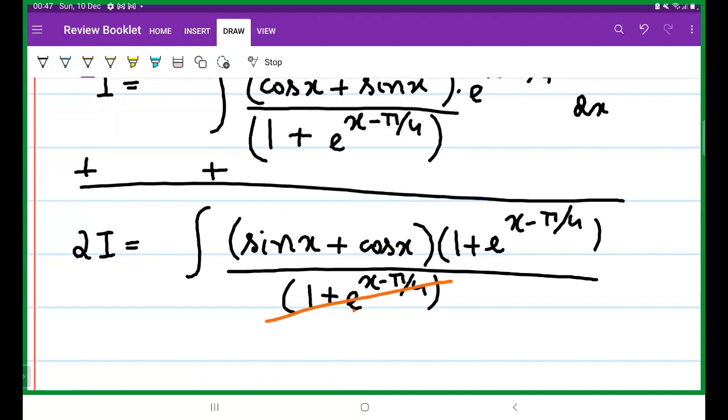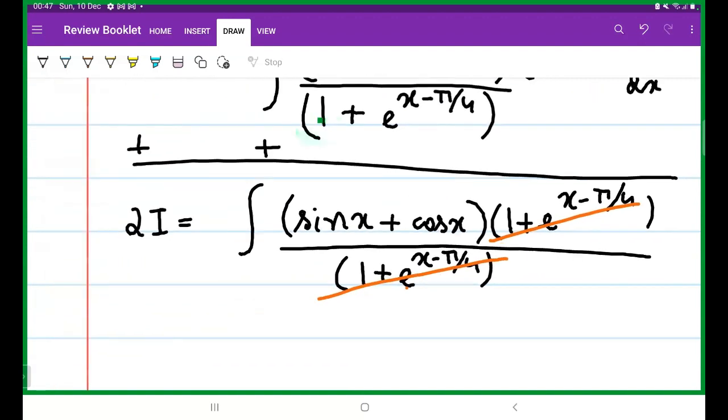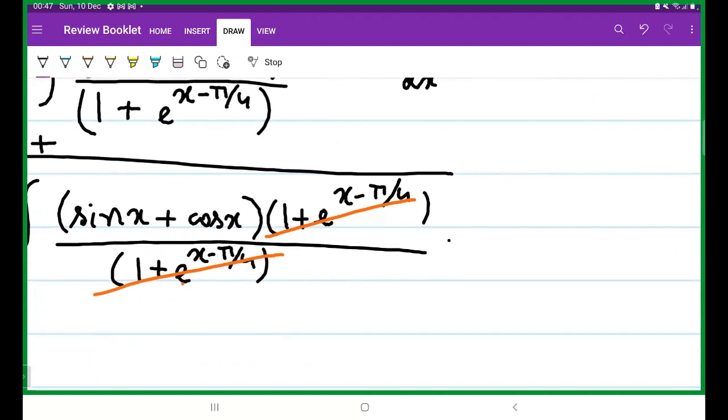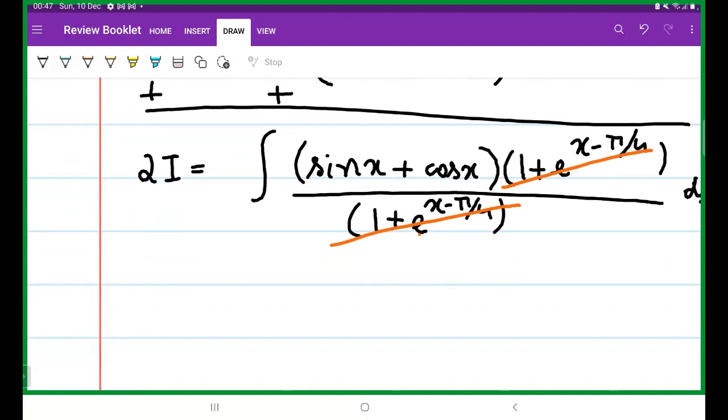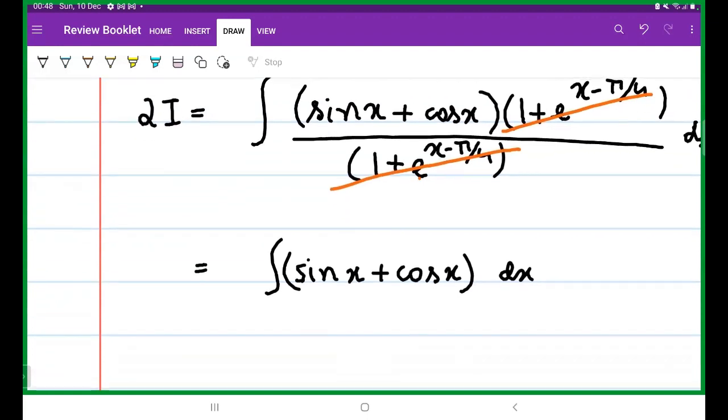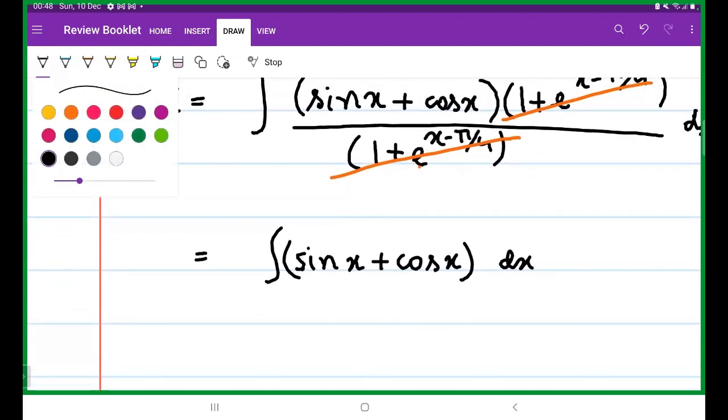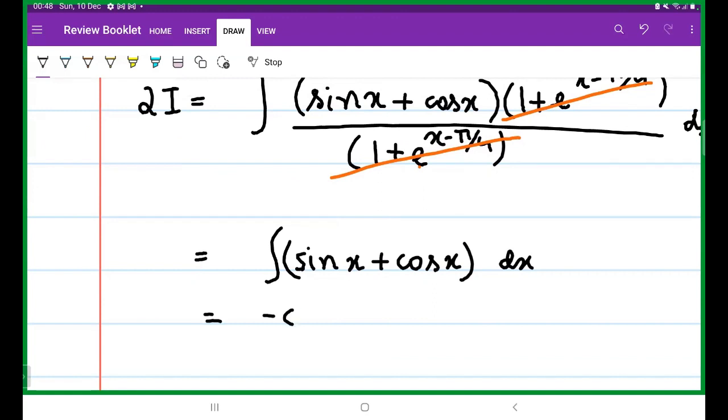So cancelling out the common terms, we now have the integration of sin x plus cos x dx, right? Integration of sin x is minus cos x, and integration of cos x is sin x,